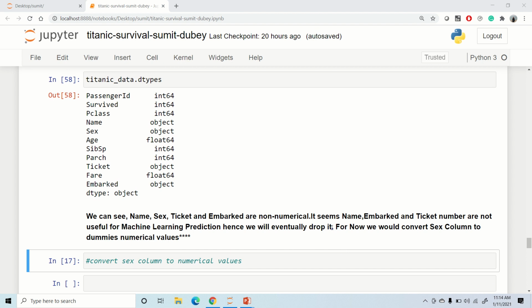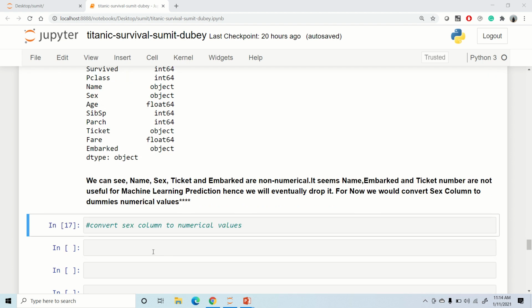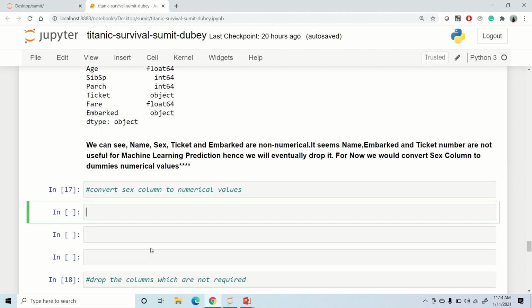For now we are going ahead and seeing how to convert the sex column to dummy numerical values. In order to convert a string column to dummy numerical values, we will use a method called get_dummies. So I'll say pd, which is short for pandas, dot get_dummies. Inside that I'll pass the name of the column for which I want dummy values.